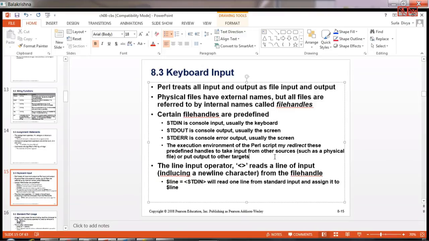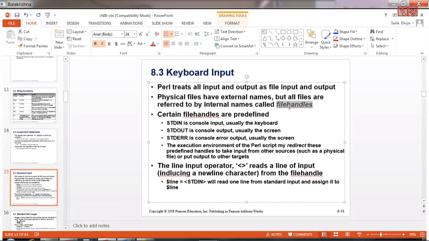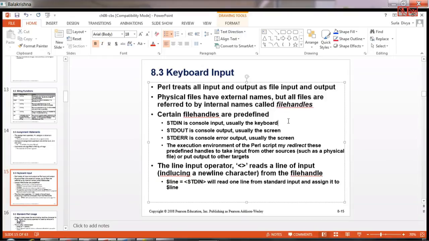Whenever a physical file has to be opened, it is always treated as a file handle. So you can open a file handle in your program, read the file line by line, do whatever operations you want, and display or store the output in the format you require.